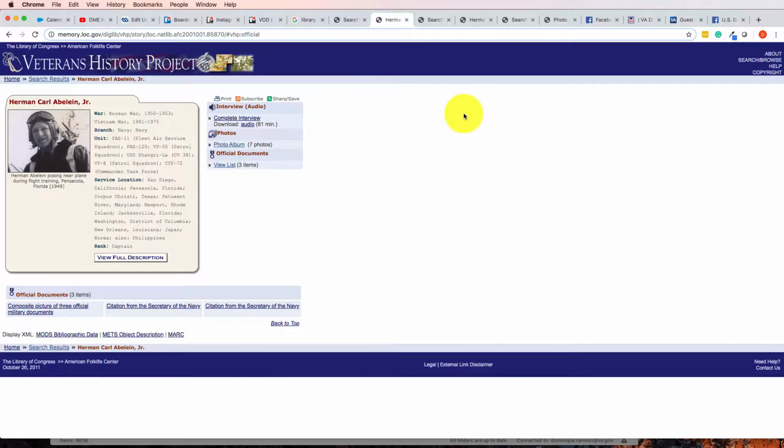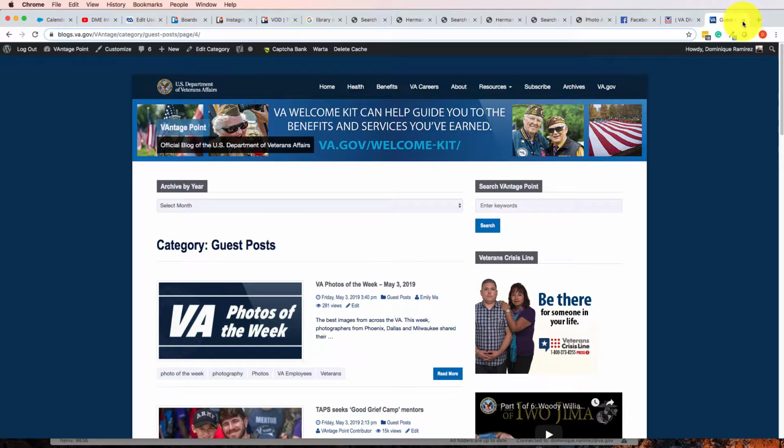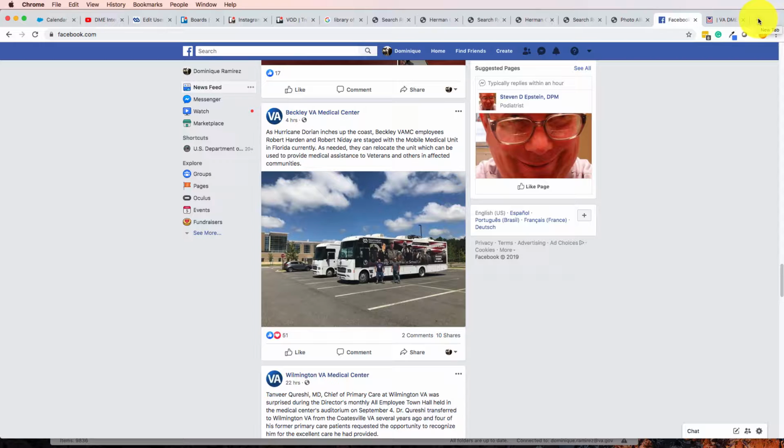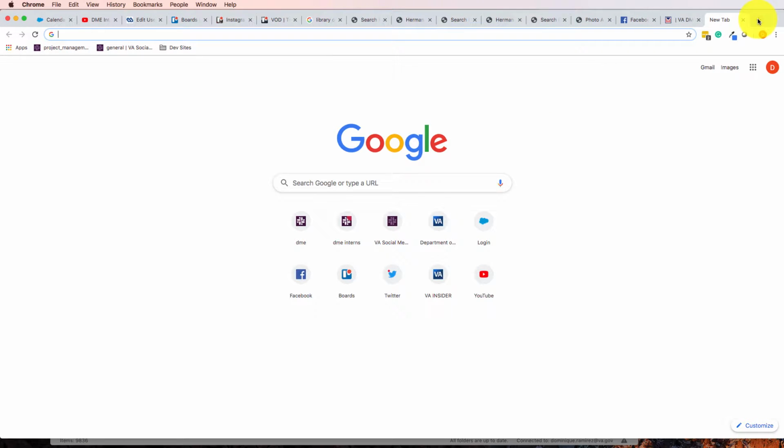But the main thing that you're going to need to worry about when you're creating a veteran of the day, especially at this point, is ensuring that the veteran has not already been used as a veteran of the day. And the reason that this becomes an issue is because, yeah, I don't know what's going on with this. I think my computer's being a bit screwy right now. So the reason that becomes an issue is because we don't want to publish somebody multiple times. So what you have to do is go to